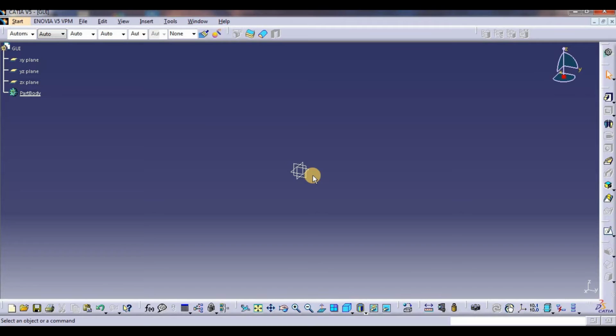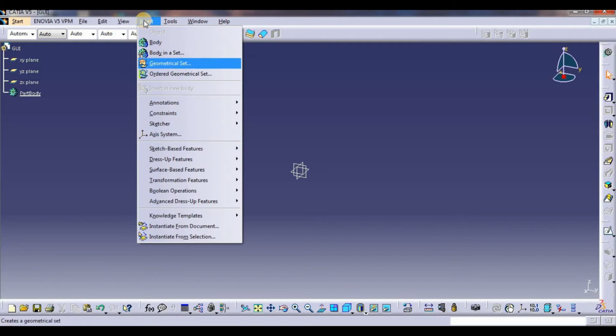And now, how to change the axis system? How to set the axis system and change the axis system size also. So first of all, we will go with the axis system. How to create the axis system. So in CATIA, we have three types of axis system settings. So the first type will be insert